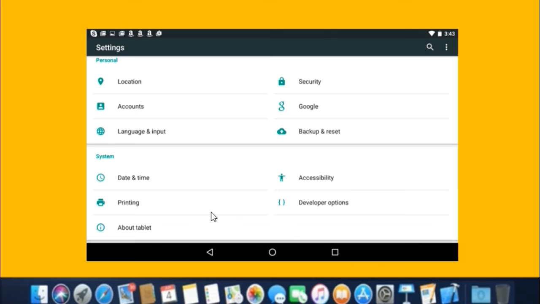Step 3. Scroll down on the settings screen and look for an About Phone, About Tablet, or System option. You'll usually find this at the very bottom of the main settings screen, under System, but depending on your phone it could be different. If you do find a specific option for System, you can usually find the About Phone